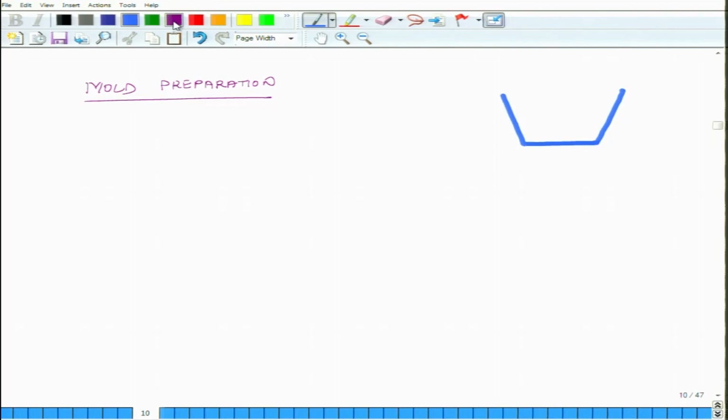So, what do I do? I make a mold which will have a shape similar to it. Okay. So, this is the first step, I make a mold,